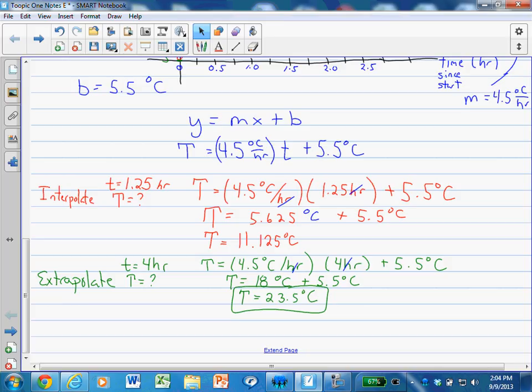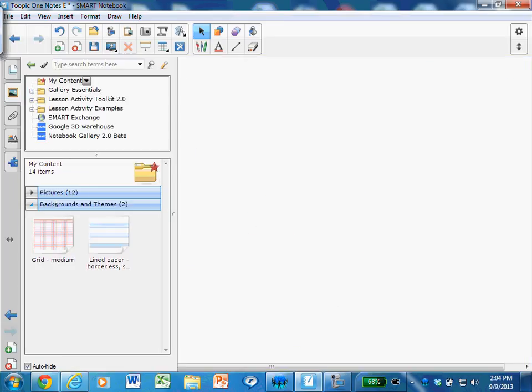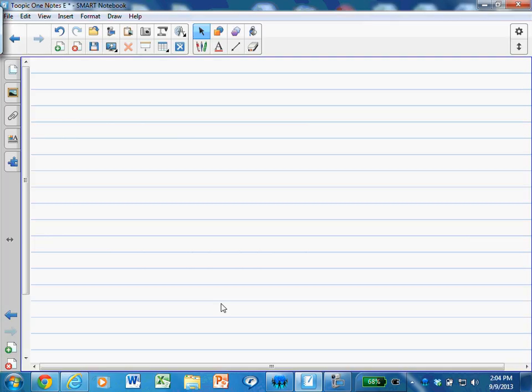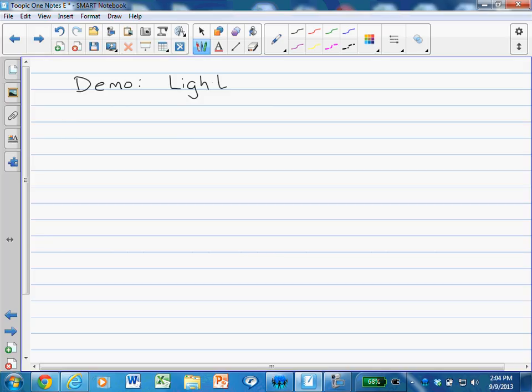That's a mathematical model. Now, sometimes we create other types of models. This will be a demo. I'm going to go to a new page. Everybody got this? So this is a demo we'll call light and orange. Or I should call it light orange. Okay. So if I was to look at this light bulb over here,